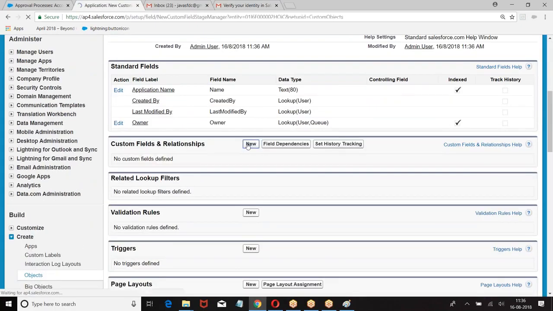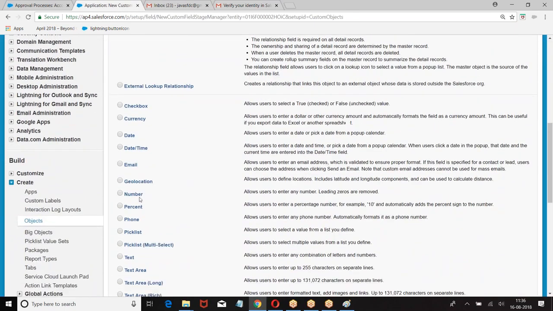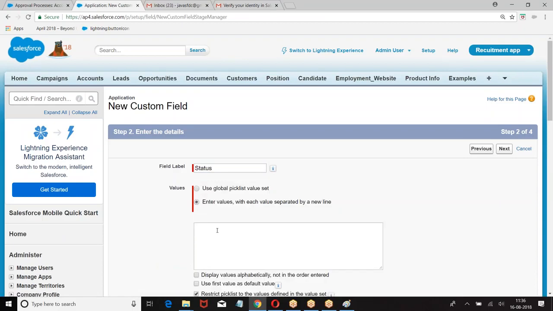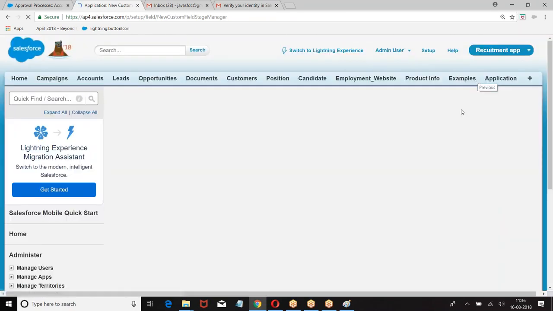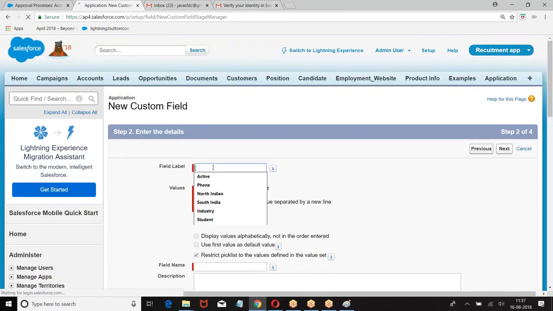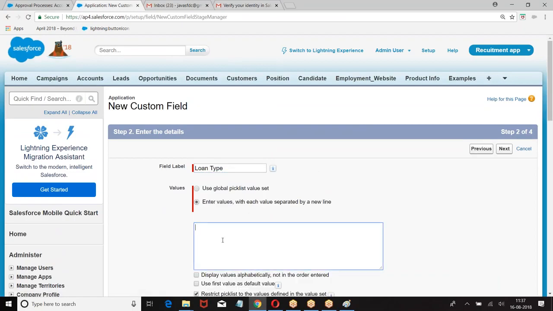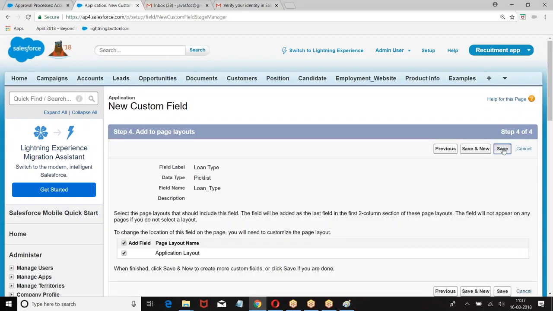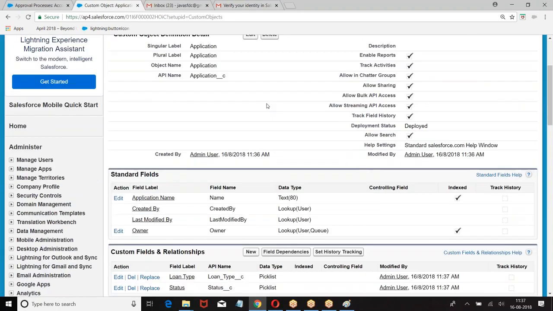Now I have the object. Now I am creating an approval process on this object.